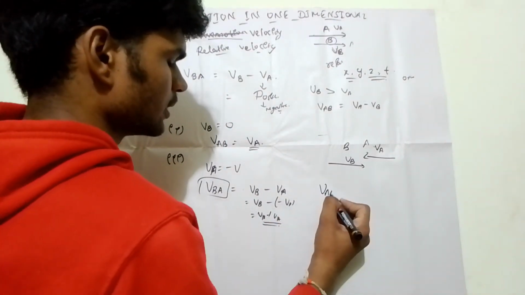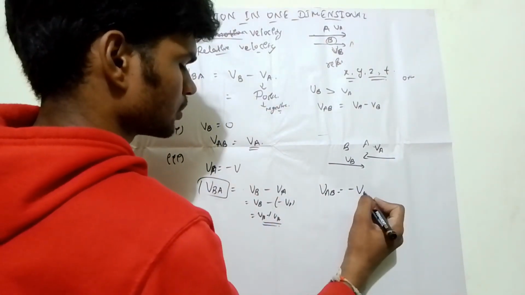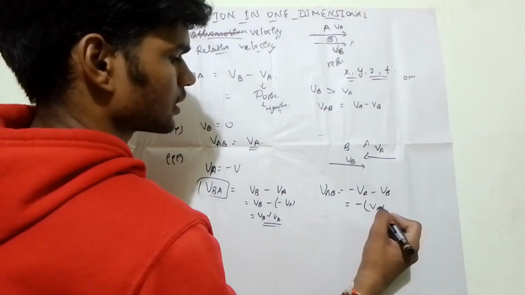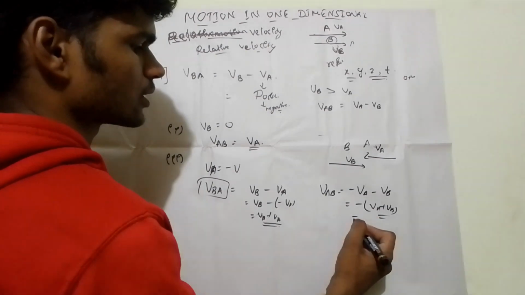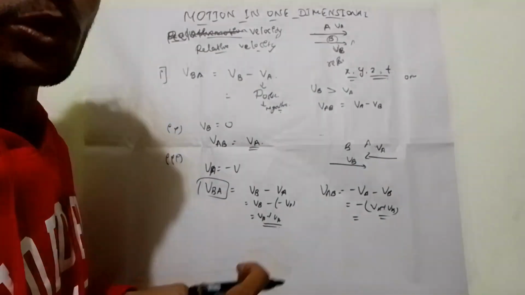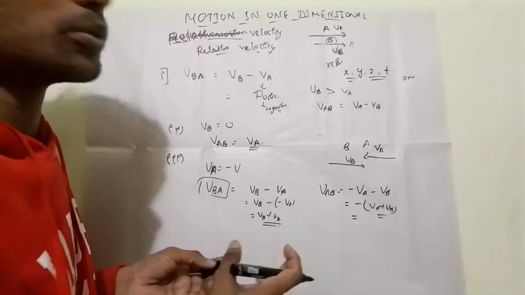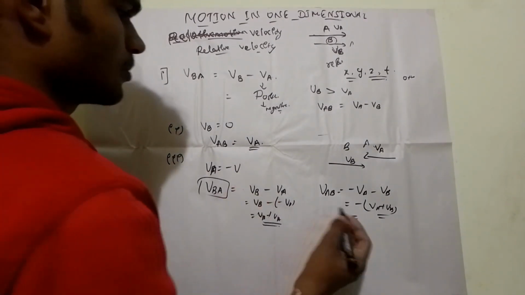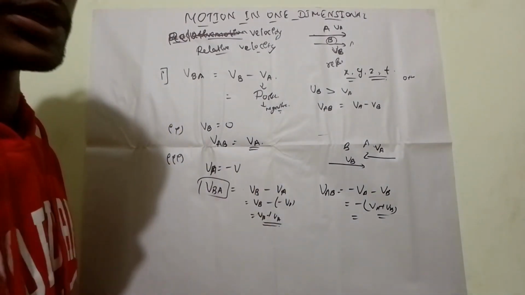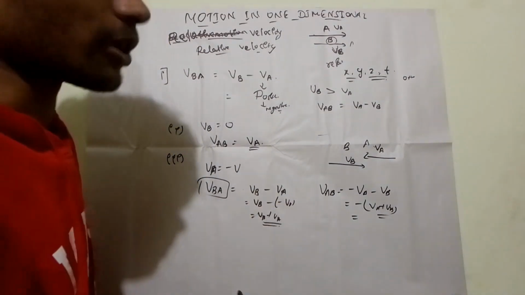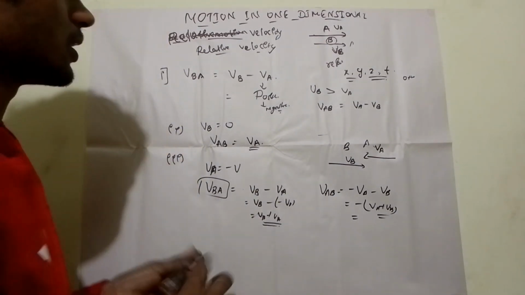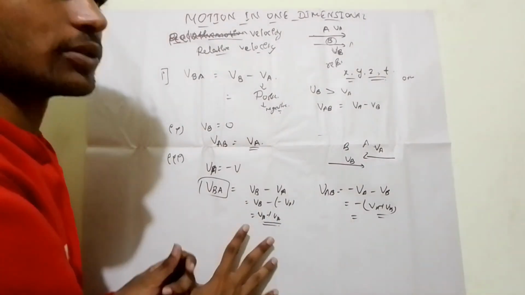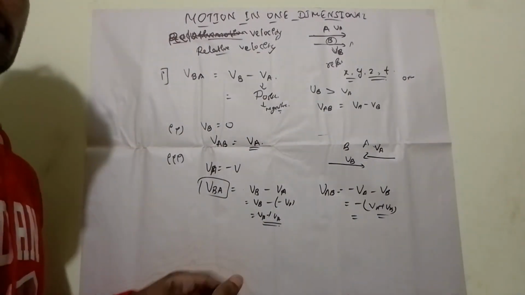Here we can see the magnitude of the relative motion of both objects with respect to each other is more than their actual individual velocities. We have to remember these concepts because we use this formula in every